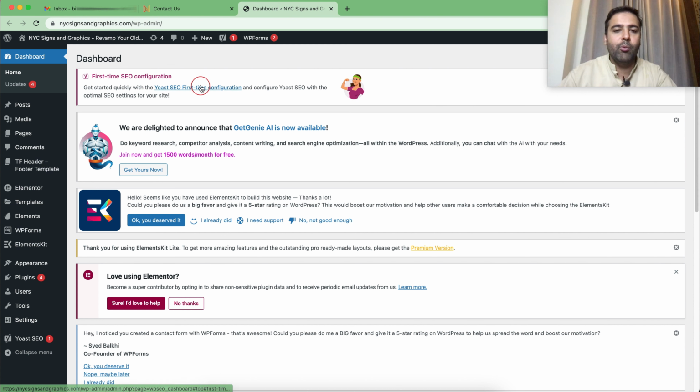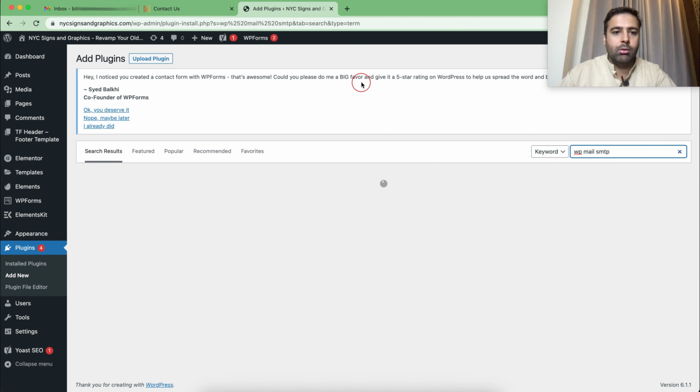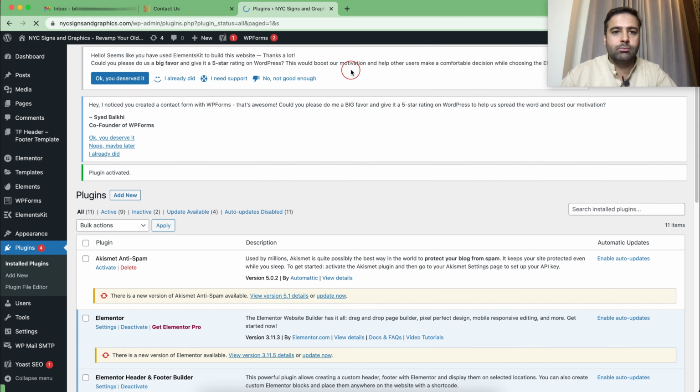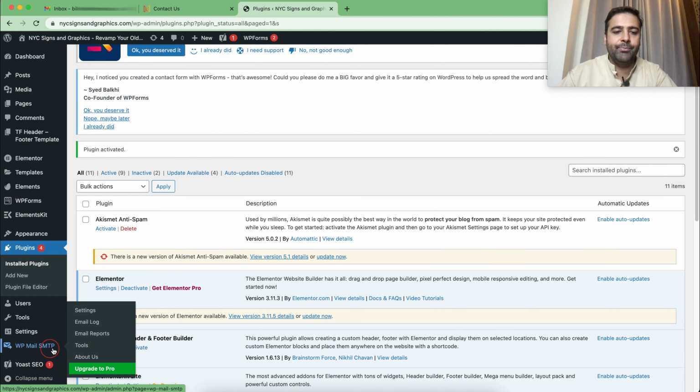Okay, now from WordPress dashboard, go to plugins and click on add new. And then here, search for plugin called WP Mail SMTP. And then click on install now. Activate the plugin. And then click on WP Mail SMTP. Click on settings,